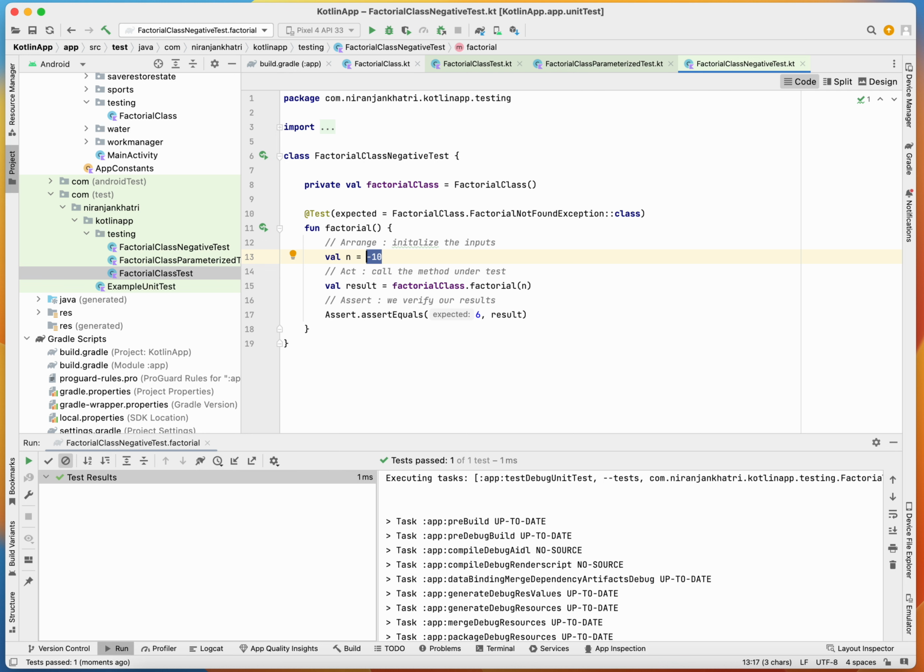So yeah, now let's understand and try to solve the second scenario that I discussed, very large factorials, right? For a very large factorial number, how can we handle it? Like for example, if my input n is, okay, let me, for handling the negative factorial, I will create another test,